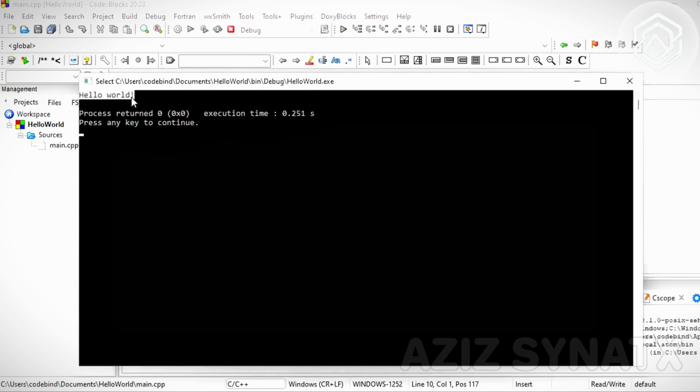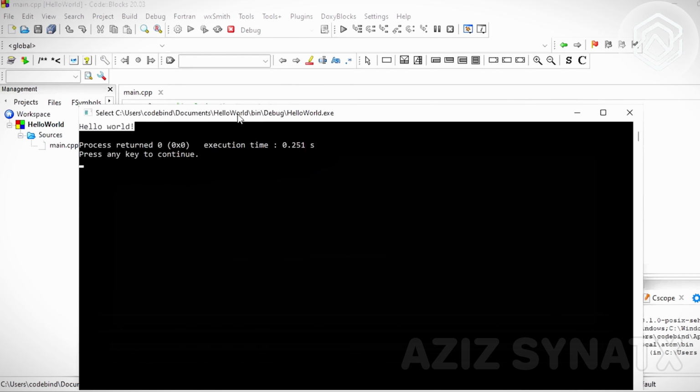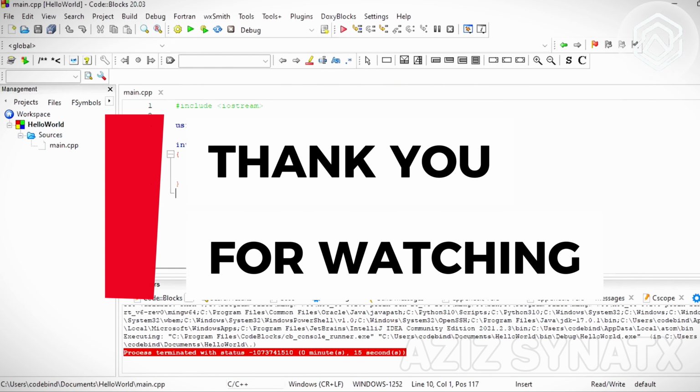And you can see it runs this program and prints Hello World, which was the output we wanted to print in this console application. So everything is working fine, and from now